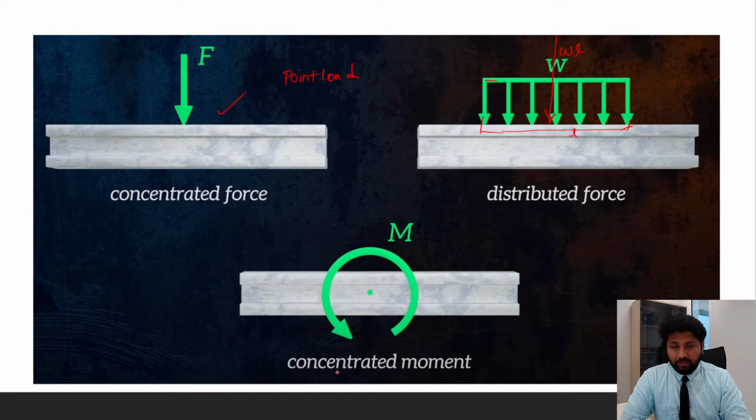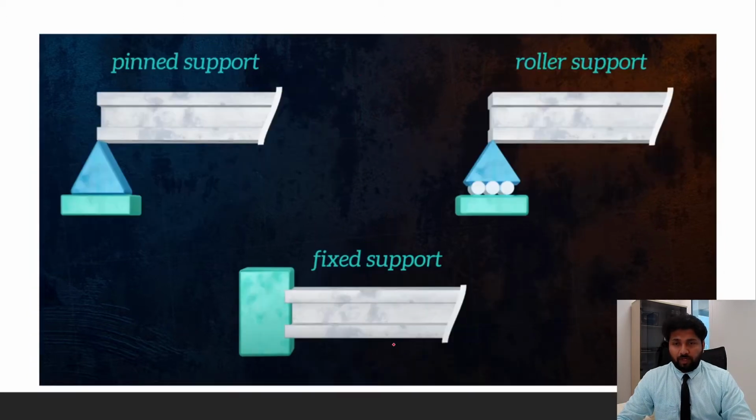Next, among the other ways of applying load, there can also be a concentrated moment acting on a beam. So this is a concentrated moment. Not necessarily every time is it a force, a point load, a uniformly distributed load, or a uniformly varying load, as we have seen in the last classes. There can also be a concentrated moment. So at a particular point, whether point A or B, there is a concentrated moment M acting at point A. Those are the loading conditions possible, as we have already discussed.